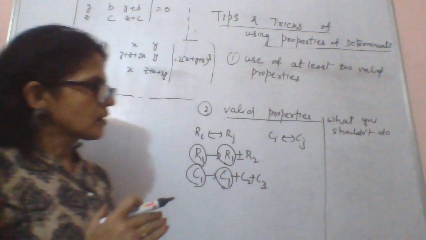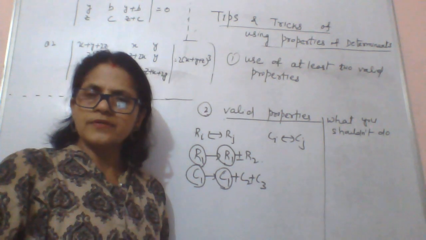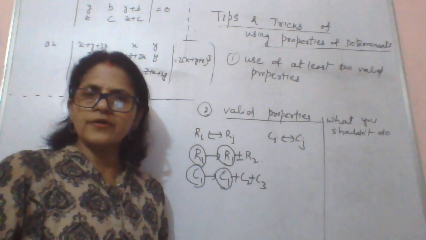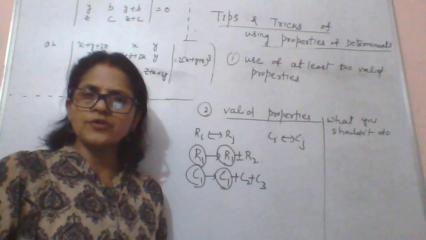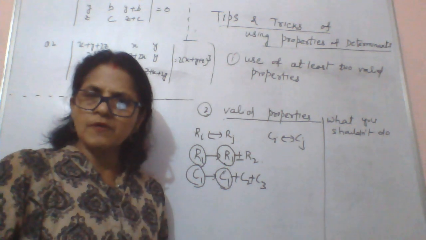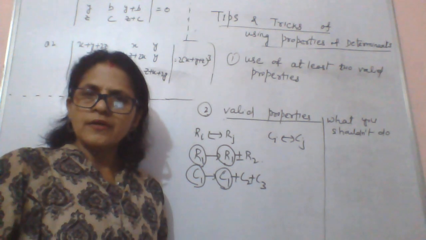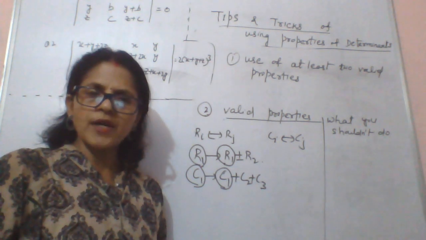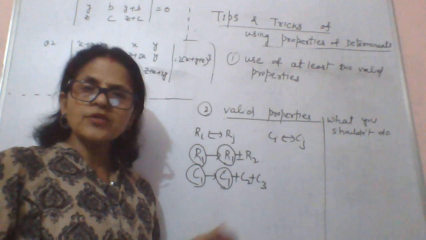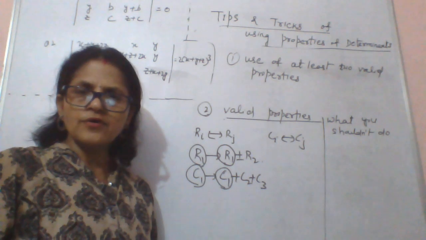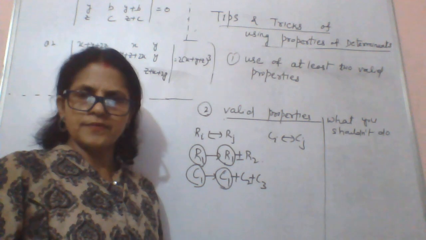And we can use rows and columns in the same question, unlike your elementary transformation. In case of elementary transformation, in case you take row transformation, you are not supposed to use columns. Similarly, if you are using elementary column transformation, you are not supposed to use rows. But in this case, we do not have such restrictions. We can use rows and columns in the same question.